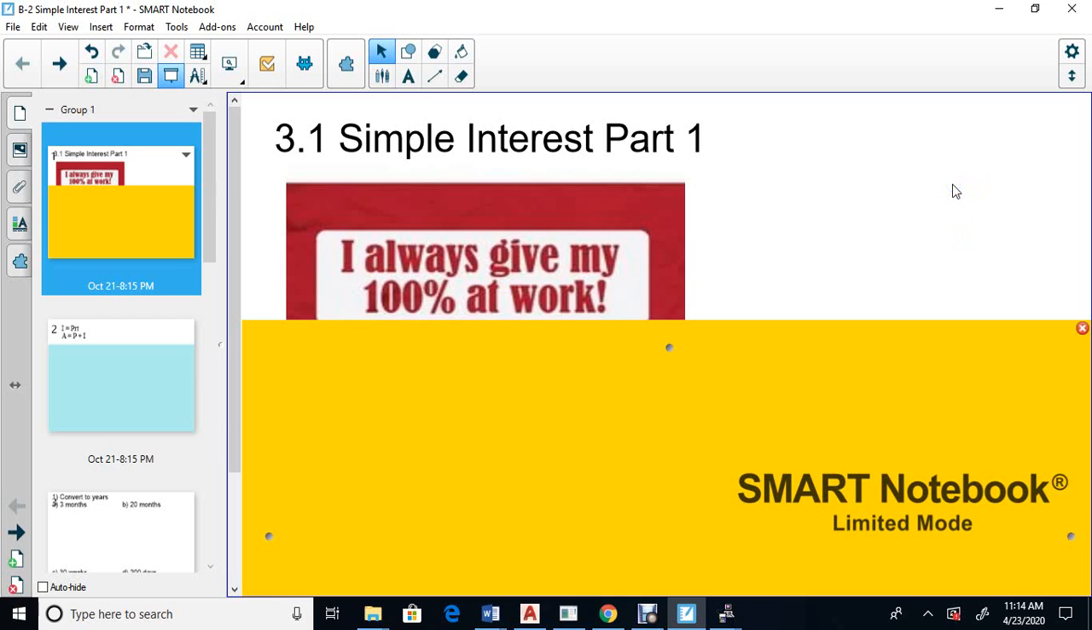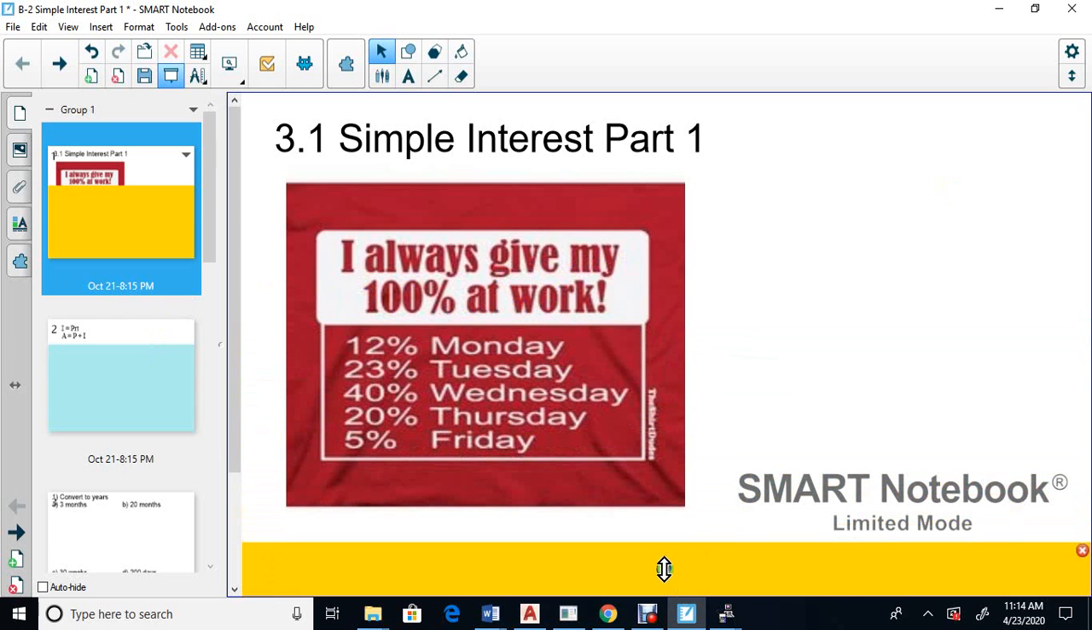Okay, so let's start off here with the joke of the day. So here we go. I always give my 100% at work, or it could be 100% at school. Let's see how that's broken down. 12% Monday, 23% Tuesday, 40% Wednesday, 20% Thursday, and 5% Friday. I guess it all adds up to 100%. Didn't say that it's daily, so